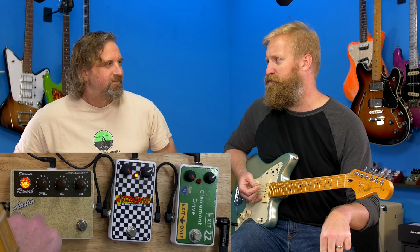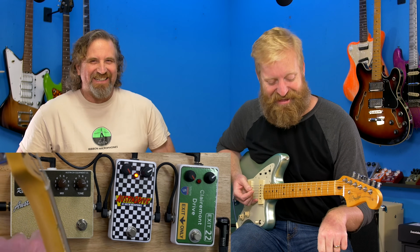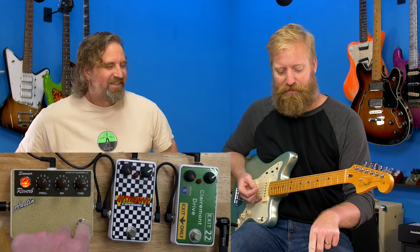The reverb takes drives really nicely. That was the problem I had with some of the early...